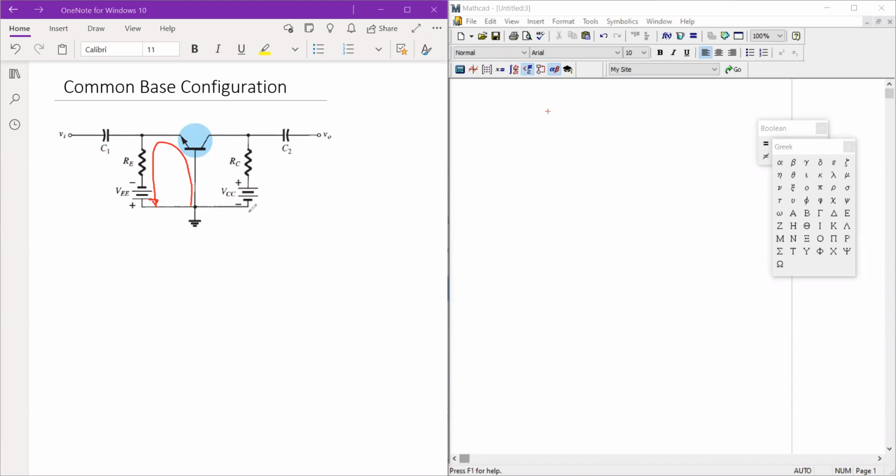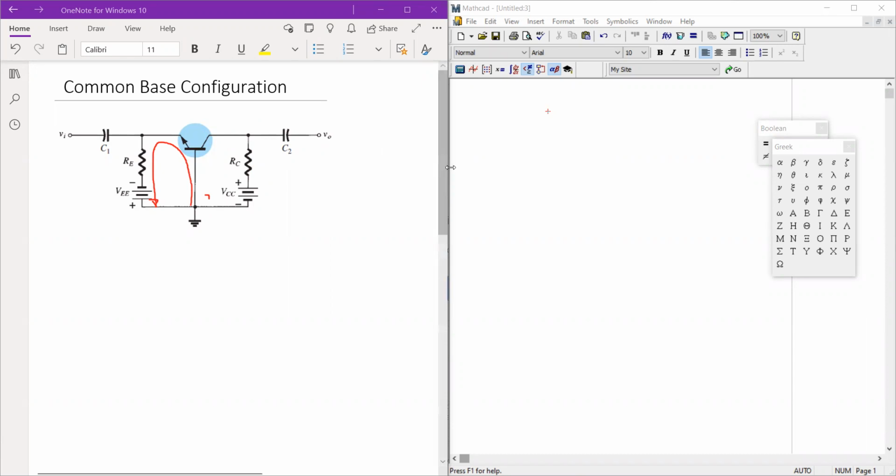If we're going to use this other loop, we do not know the value of VBC, this part. So we will have two unknowns, I sub C and VBC. So we will use the other loop, the VBE loop. We refer to it as the VBE junction loop. Okay. So following this loop,